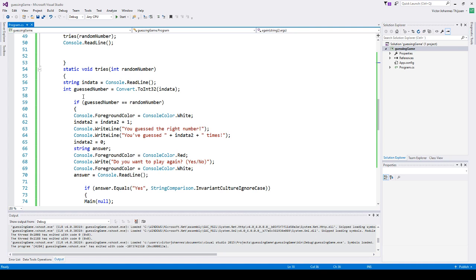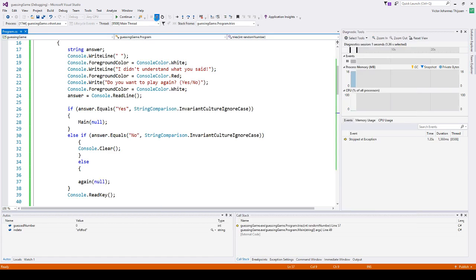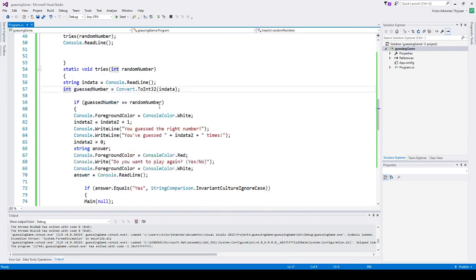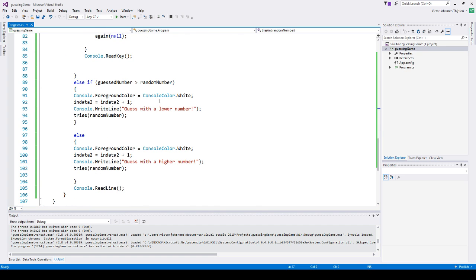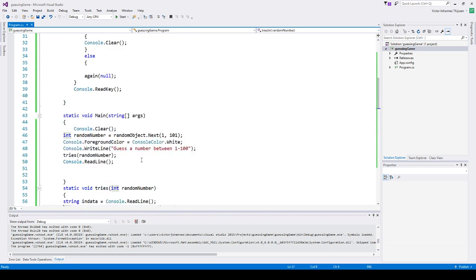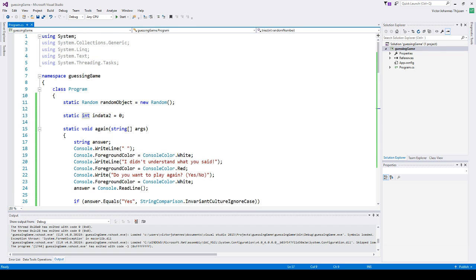There's one problem, and that problem is pretty hard to fix, and that's basically if we type wrong here. And I have no clue how to fix that. But if you know how to fix it, type it in the comments, that would be awesome. But this is basically how you make a number guessing game. The whole code will be on my GitHub if I figure out how to use that. And I hope you enjoy my first series on programming with C#. So I hope I see you